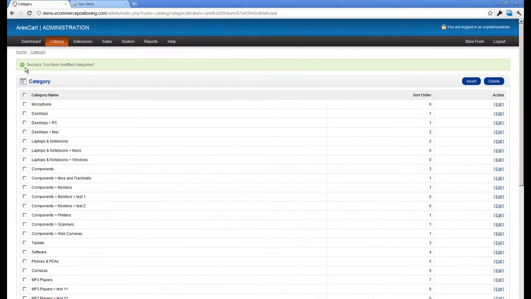Once you have saved, you'll be greeted with a success message. We can also see that our category has been created here, microphone. Then the next step, if necessary, is to create a child category, and I'll show you how to do that now. Just like before, we start with the insert button,